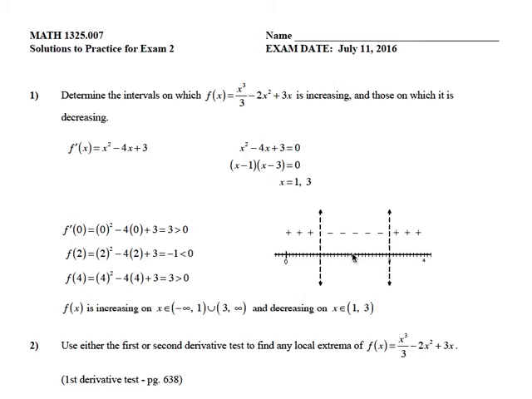On the sign chart here, we indicate that at 1 and 3 we have critical numbers, so that our derivative is 0 there, and then we check a value. We only need one value in each interval. So in the first interval I choose 0. It's easiest to evaluate the derivative at 0, and so I find f prime of 0, the value of the